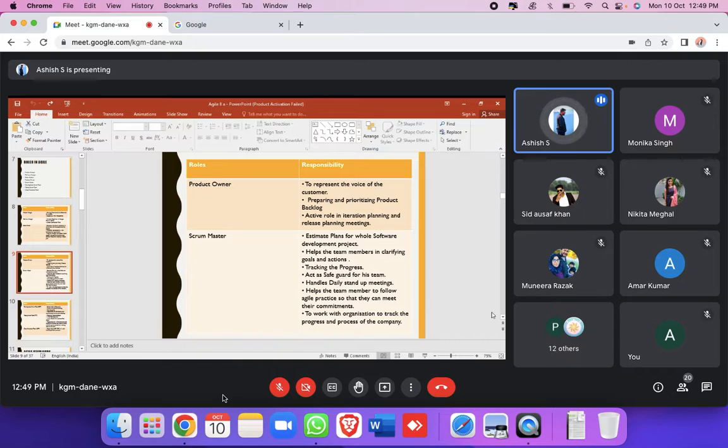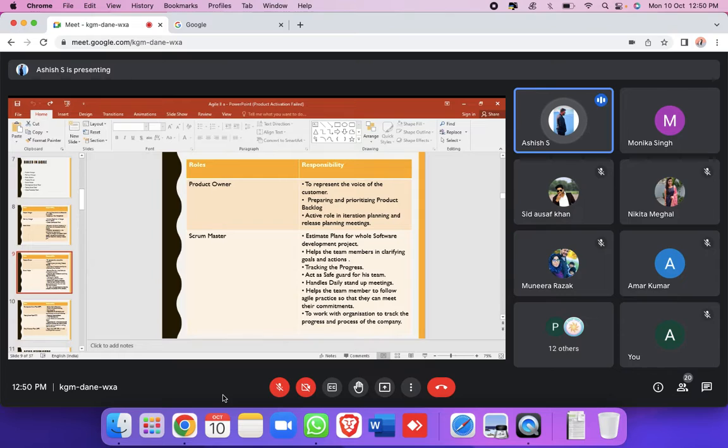In your interviews, if they ask who is your Scrum Master, what is your answer? Team lead. Exactly, the team lead. A Scrum Master can be anyone from the development team or the testing team. For the development team, the team lead will be the Scrum Master. For the testing team, the testing lead will be your Scrum Master. Sir, a Scrum Master comes in a core team in which developers and testers are both there. In a project, will there be only one Scrum Master, or one for developers and one for testers?